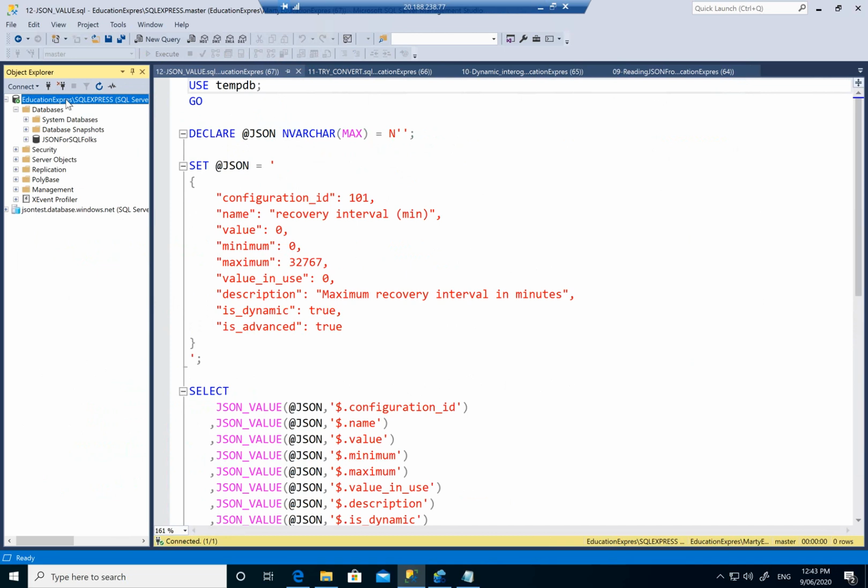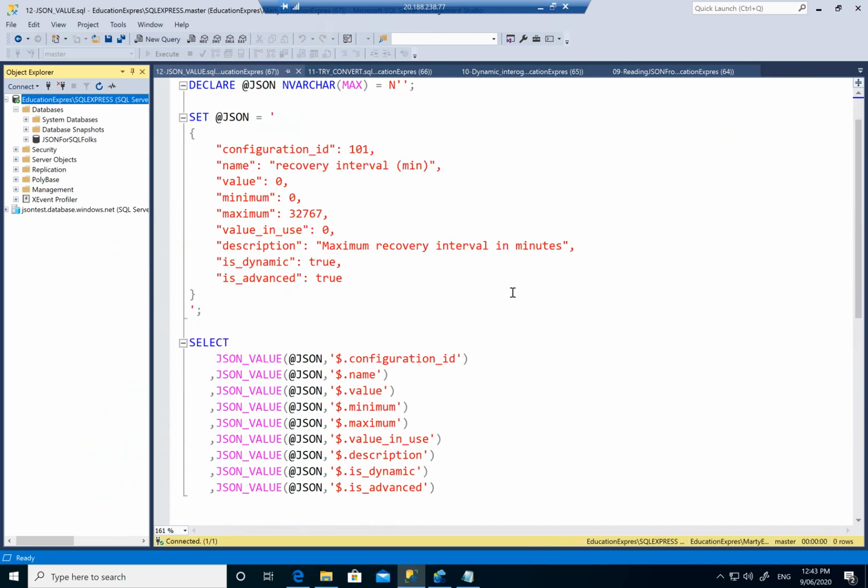So whether you're on Enterprise or Standard Edition or even Express, as we are at the moment, you've still got access to all of the JSON features. And that's been true since